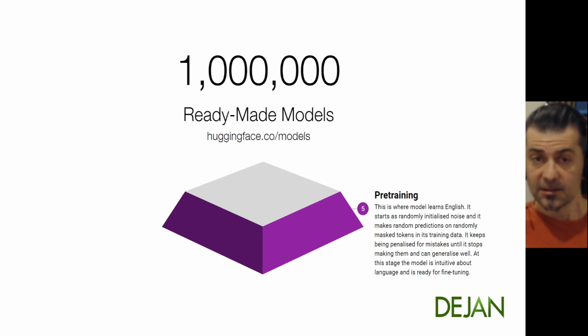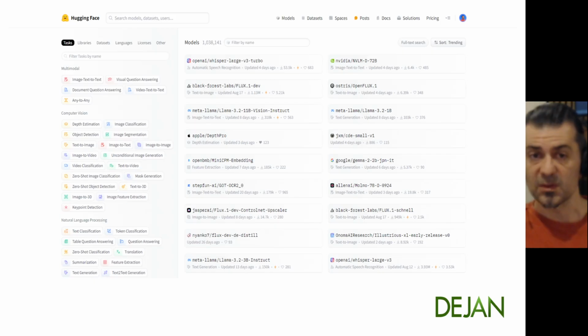On Hugging Face, there are a million ready-made models. Some of them are bad, some of them are good. You can list them by popularity. There's a ton of things you can do there. Literally employ models that can do out-of-the-box sentiment analysis, classification, named entity extraction, all sorts of things that are immediately useful for SEO tasks. This is what it looks like.